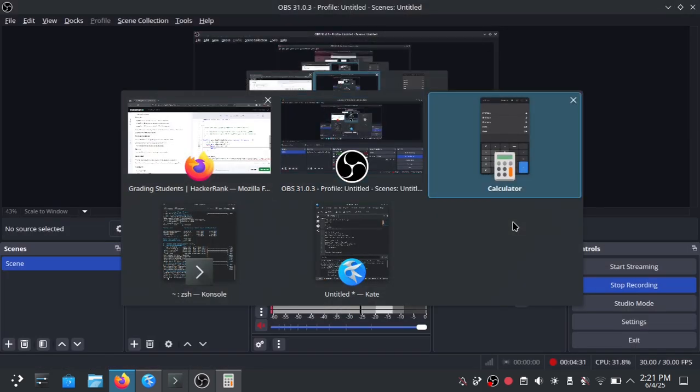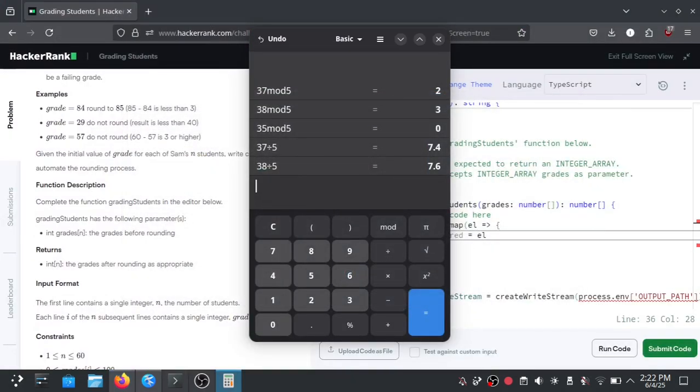For this part I will show you the method using the modulus, or modulo.